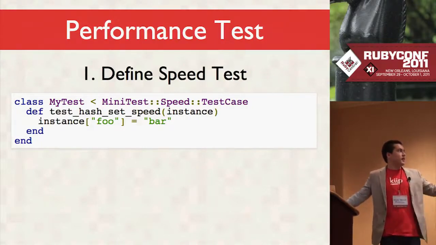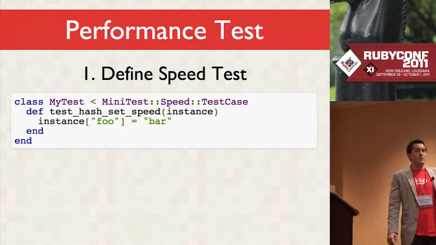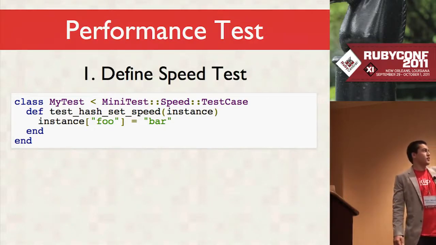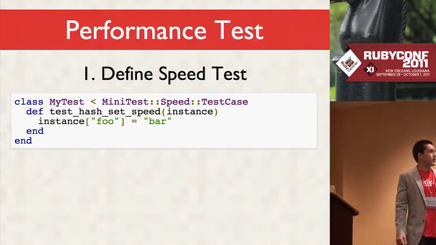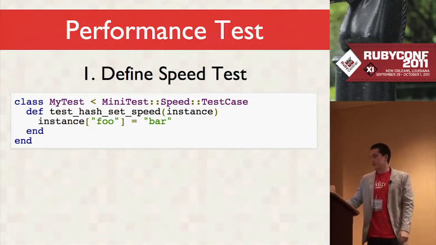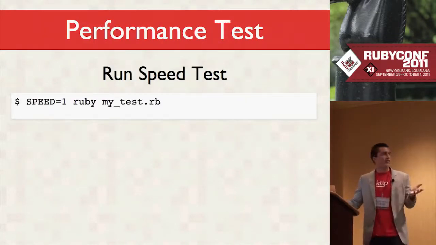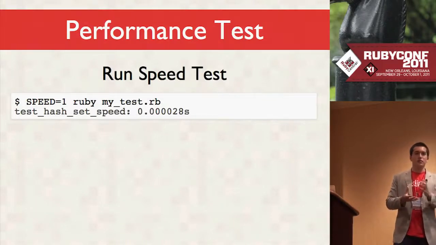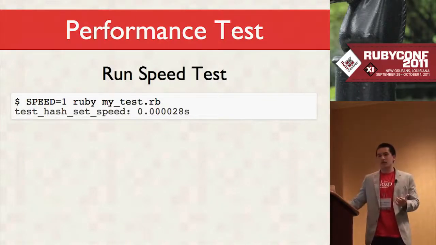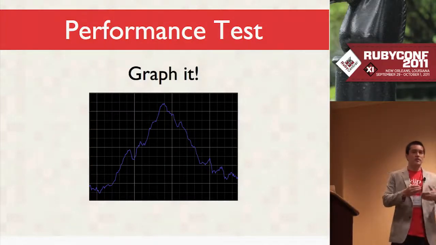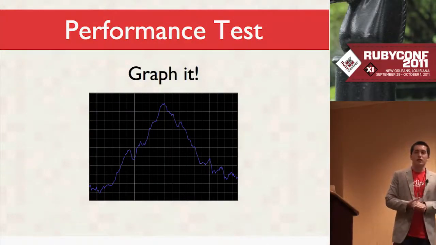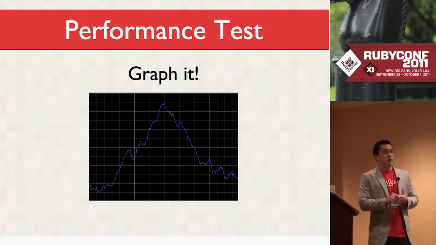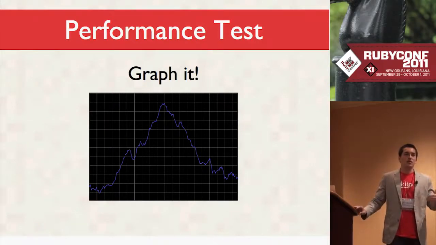So this is the fourth and final library I wrote called Minitest Speed, and it allows you to define a speed test. And in a speed test, it just runs the test and times how long that test took. I use a funkarg here as well, and it excludes the setup time of the funkarg. So just the test body. And then you run it, and just as the example, mine outputs the name and the time it took to run it. But all you really want is something that's easily parsable for the purpose of graphing it. What you want to do is you want to run this on a CI, and you want to graph it. And there's a ton of graphing libraries out there, and you just pump this data into a database and you graph it, and you make sure that it follows a certain curve.